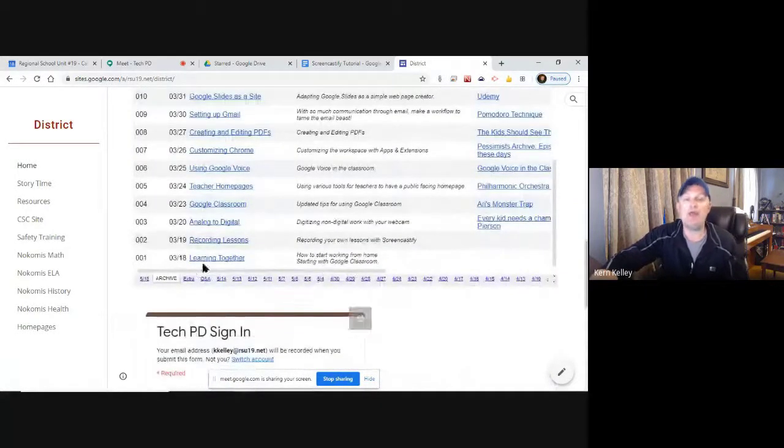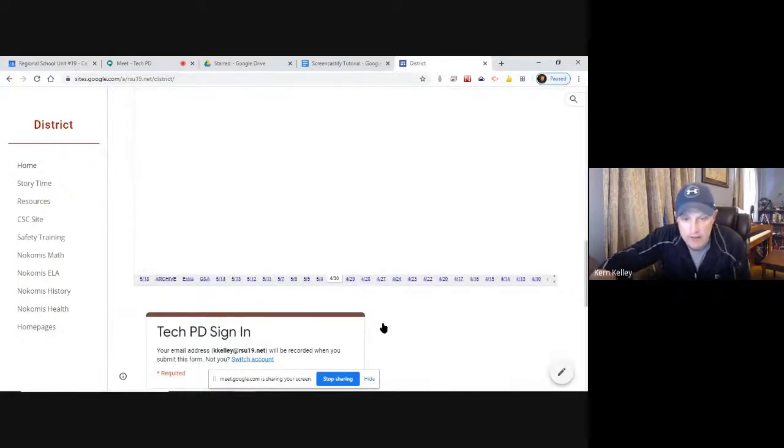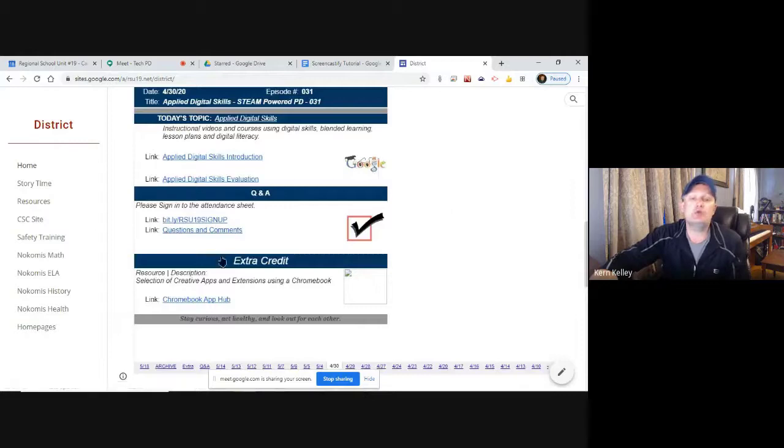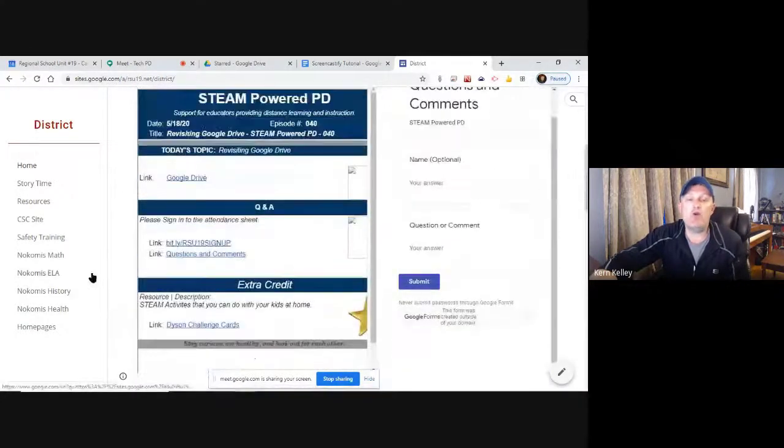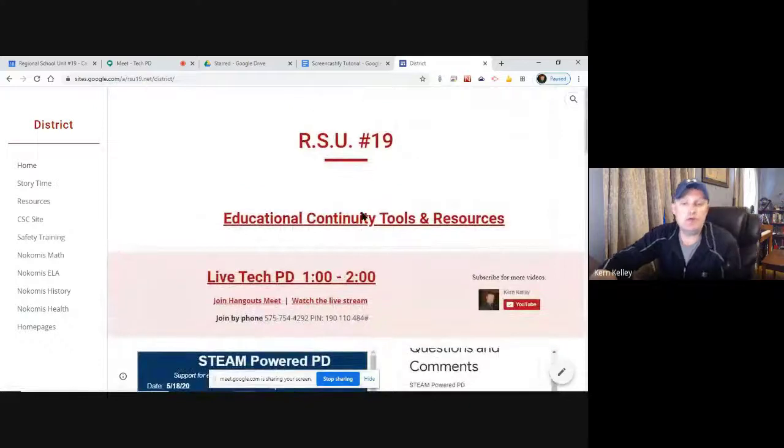And also, if you want to go to any of the individual ones, I can go back to the one that was on April 30th. And these are the actual show notes from that day, so the links and that kind of stuff. So they're all there if you need to see the old ones, at rsu19.info. All right. I think with that,